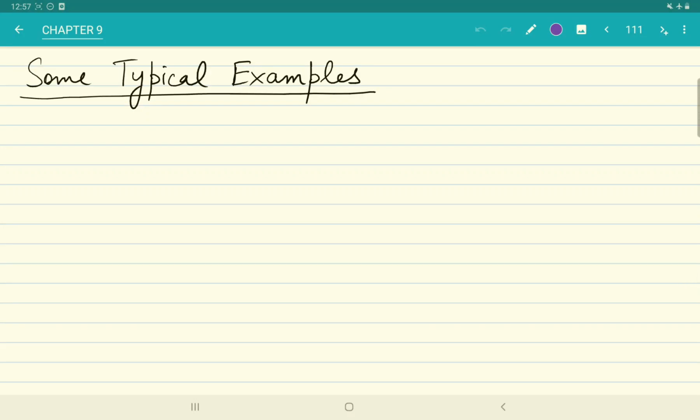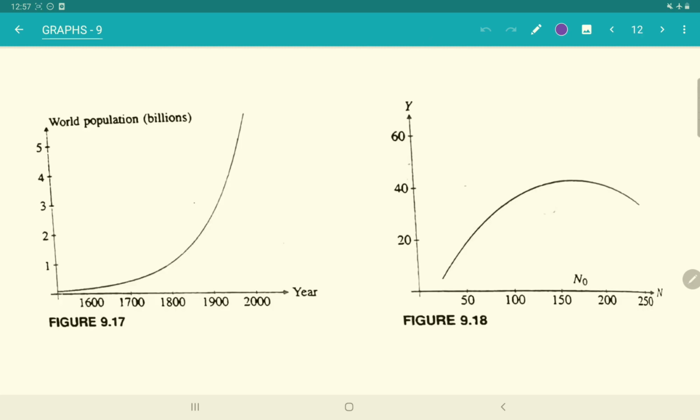We now consider two typical examples of convex and concave functions, and then we take up two important questions. So first we can have a look at figure 9.17. Here we show the graph of function